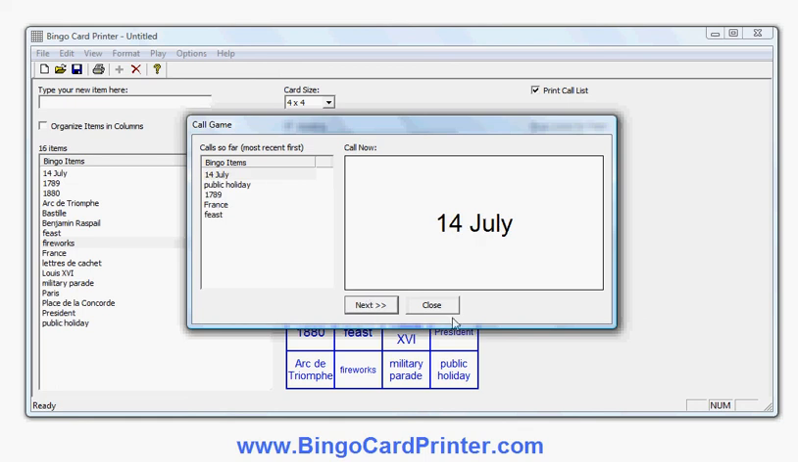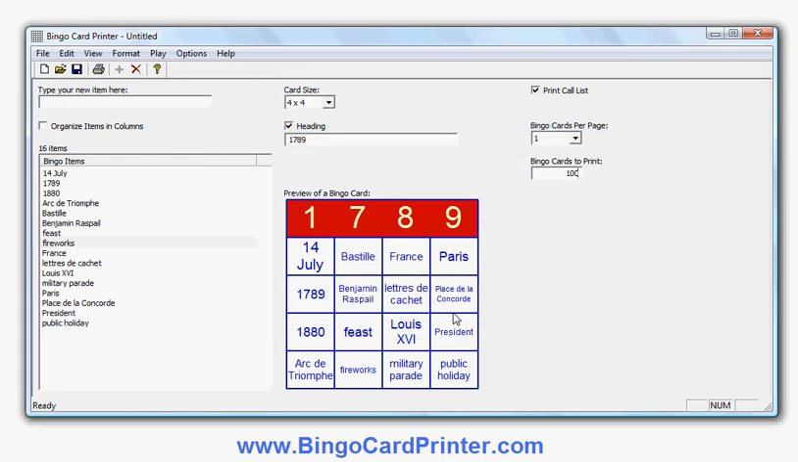So that's it. The software is called Bingo Card Printer. Website is bingocardprinter.com. If you go to the website, there's a free trial version which you can download and try out for free. And if you like the software, you can upgrade to the full registered version, which is what you can see in this video, which allows you to do everything you've seen in the video and a lot more